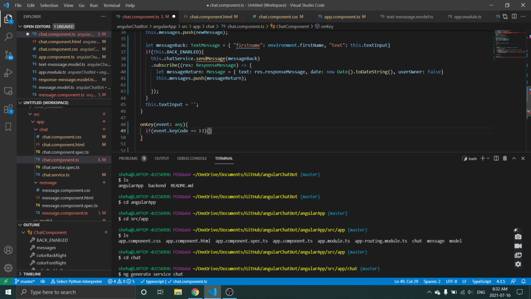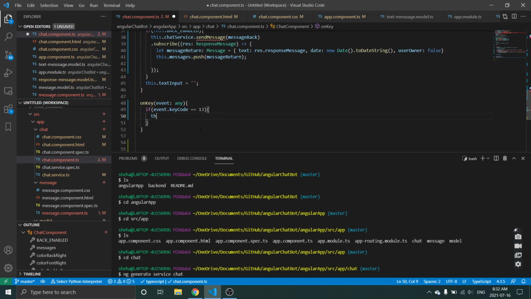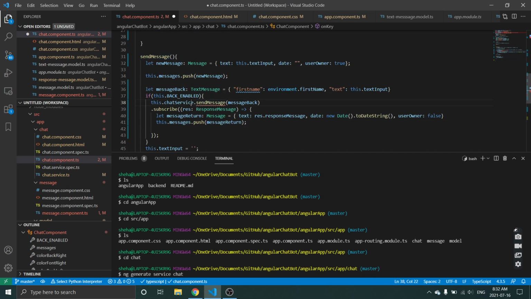What this does is look for when the enter key is pressed, and if it is, then call the send message method. So on the front end, there's an event listener notifying if the enter key is pressed, which is represented by key code 13, then call the send message method in order to simulate the sending of the message